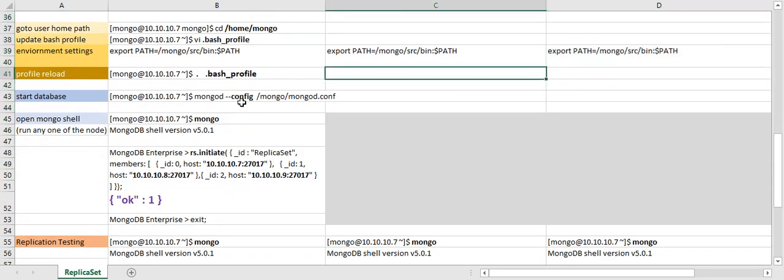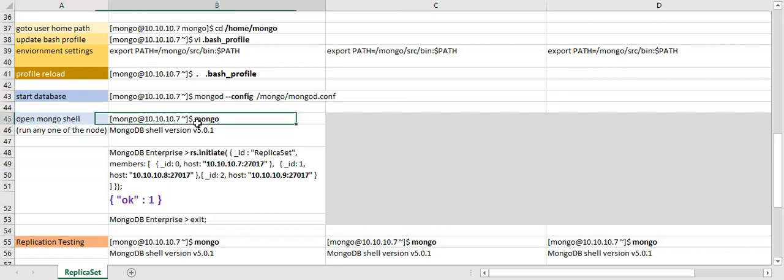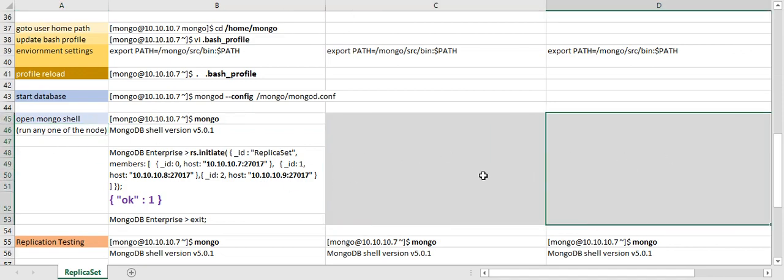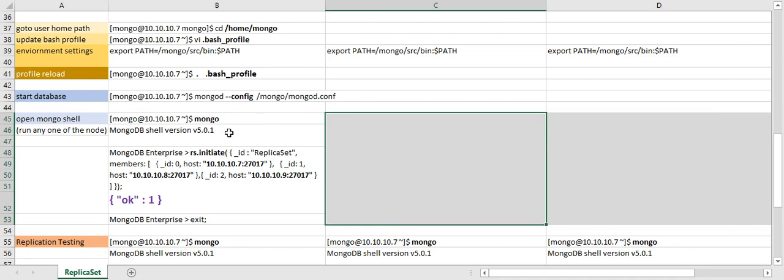Once this is done, you go to any one of the terminals. I am taking the IP address 10.10.10.7 where I need to initiate the replication process. This is the one command you need to run in any one of the terminals. That's why I blocked these two things. Don't run this; choose any one where you need to initialize the replica set.